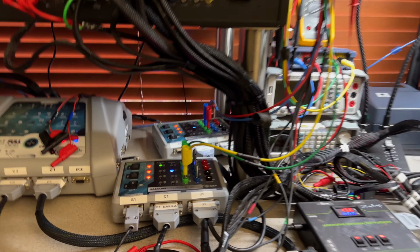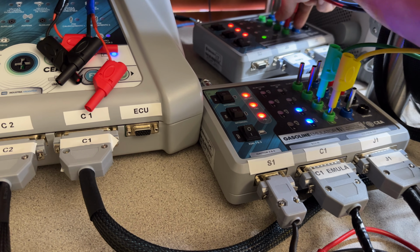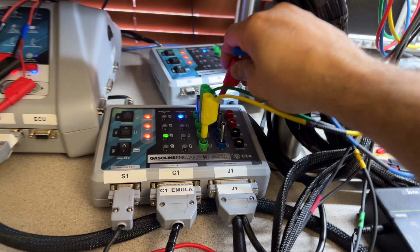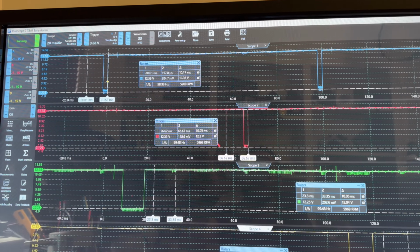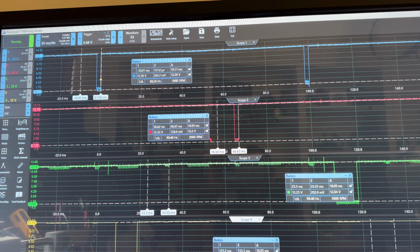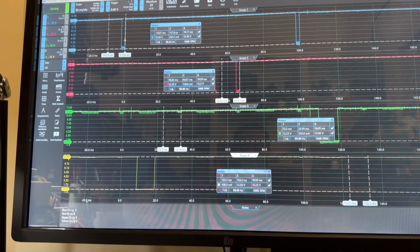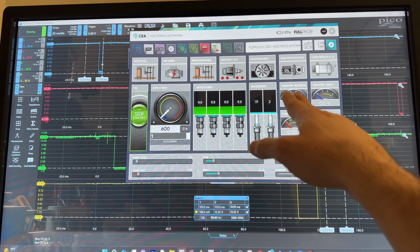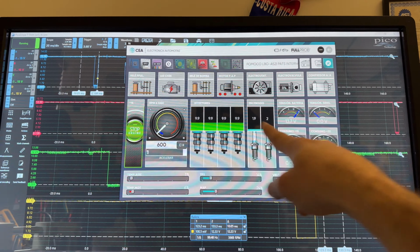So what I'm going to do now is move the channels. And this is what I do. I just move the channels here from the injectors to the coils, and we can see the difference. You see the difference now between the red channel and the green channel is a very different width, and we can see that also on the full probe. The full probe is really good, so we can see that it's around 2 milliseconds of coil time and 10